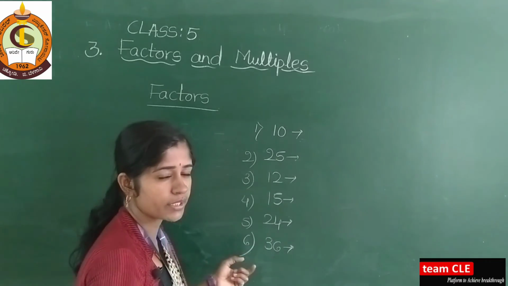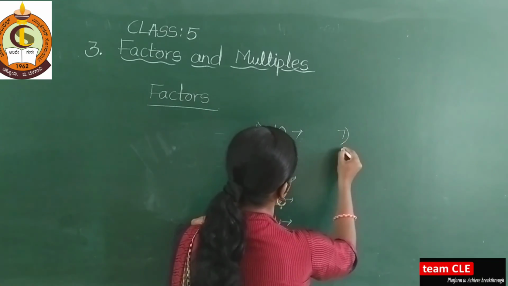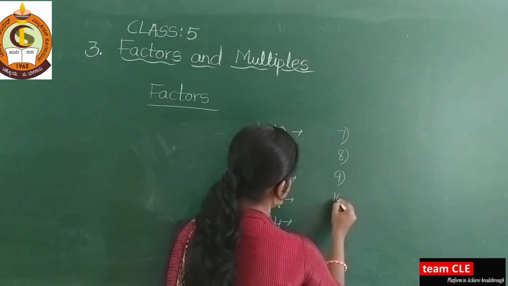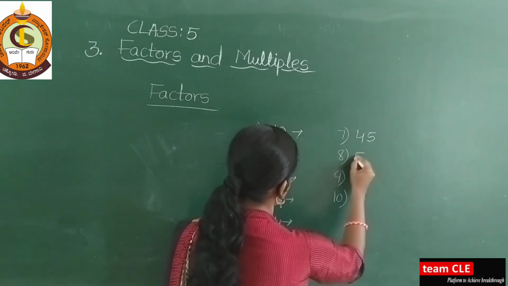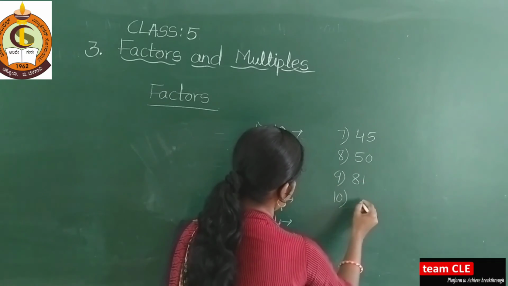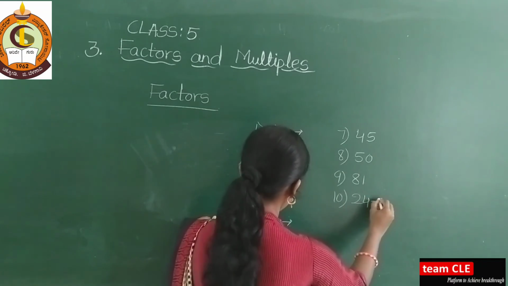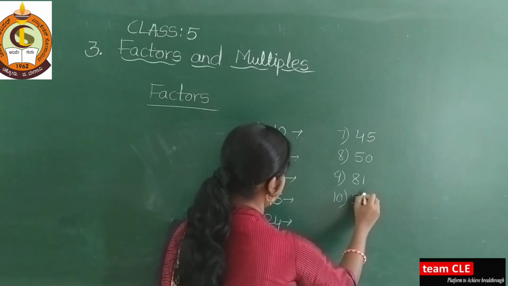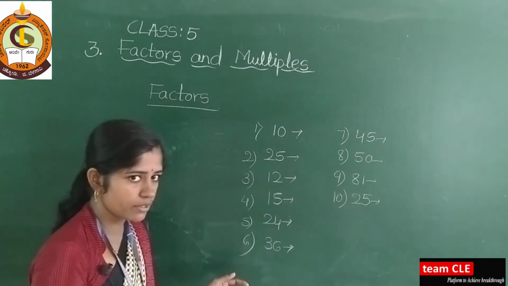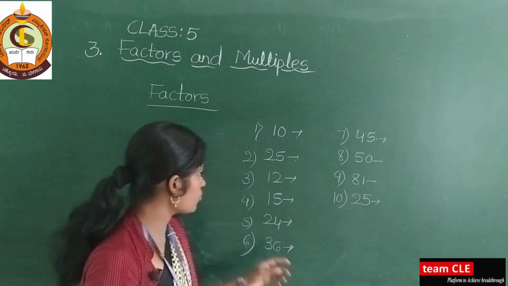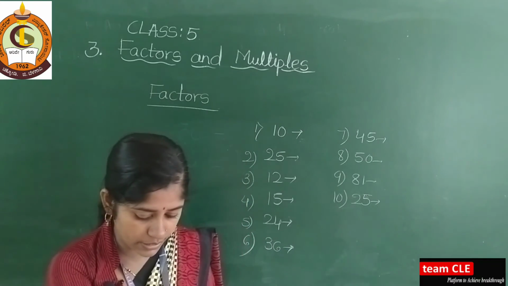Factors means you need to check whether the given number is there in which table. Okay. So here 7th one, 8th one, 9th one, 10th one. So here you take 45, next 50, next 81, next I will give here 24, then I will give here 25. See here, very small numbers are there. Check whether the numbers are there in which table. So here you need to write the factors of the given number and also solve My Practice Time 1 page number